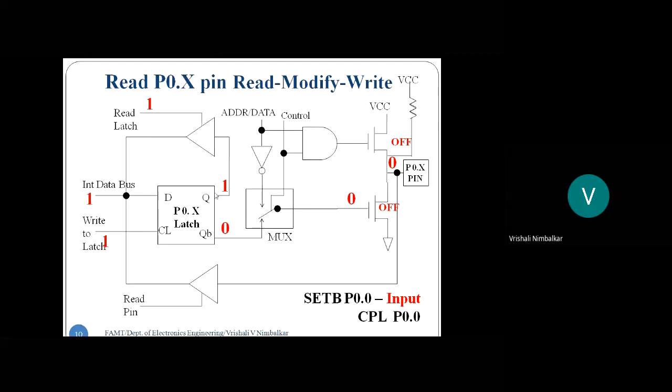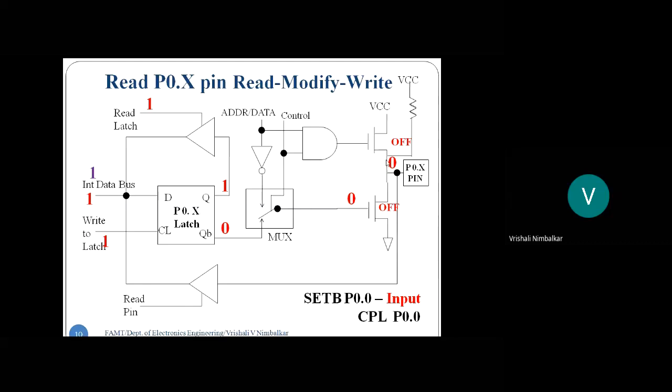And see what is getting transmitted? Logic 1 is getting transmitted on the internal data bus. What will be getting complemented? Logic 1. Whereas what has the programmer given on the pin? The programmer or the user has grounded the pin. Meaning the data that is getting complemented is not logic 0, but the data getting complemented is logic 1. The pin data and the latch data are different.